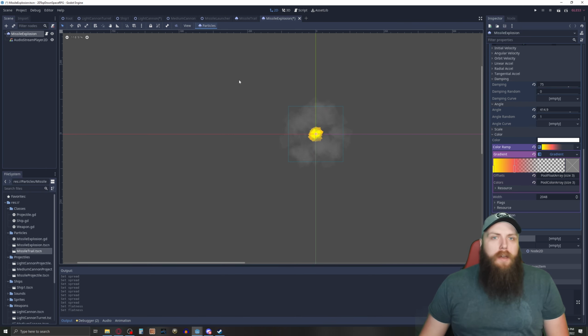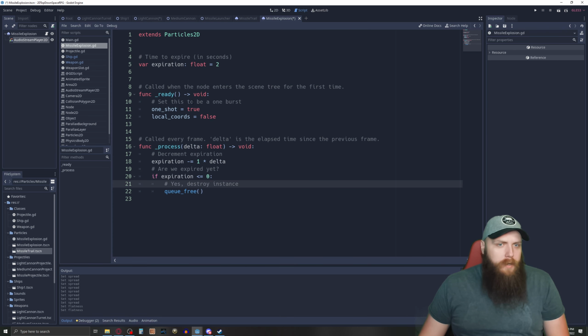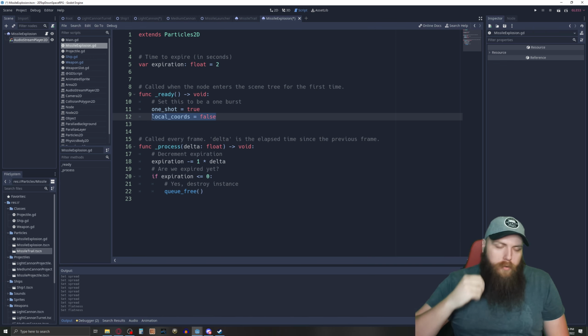Now, how I implemented these, you'll notice that my missile explosion has an audio stream player 2D attached to it, and it has a script attached to it. So when it's on ready, I'm setting the one shot to be true, and I'm setting the local coords property of this particles 2D type to be false, because what I was running into is that